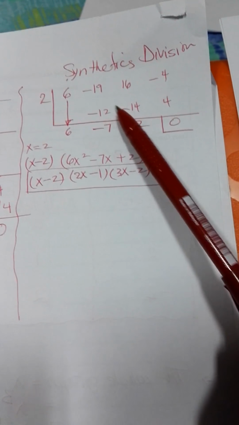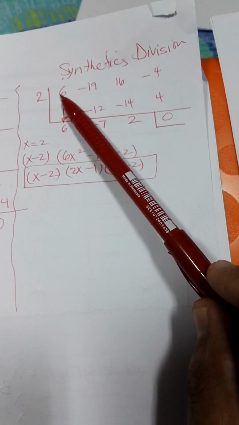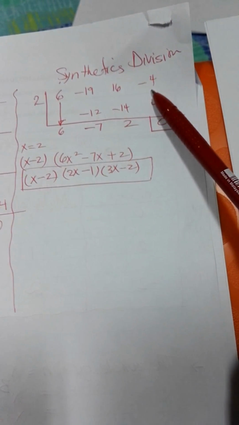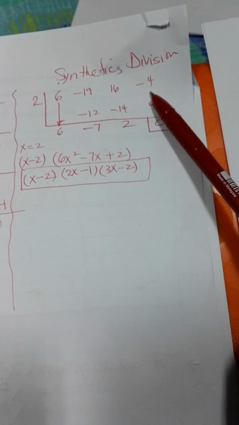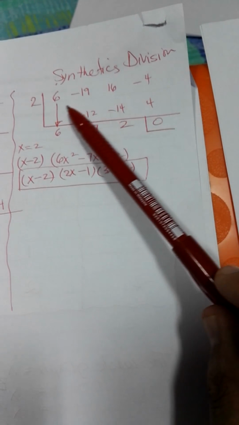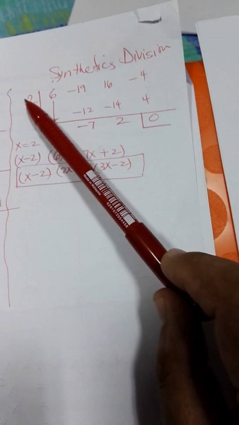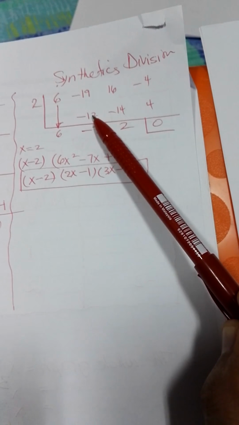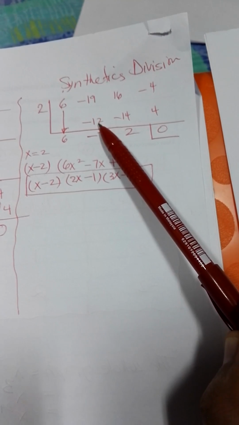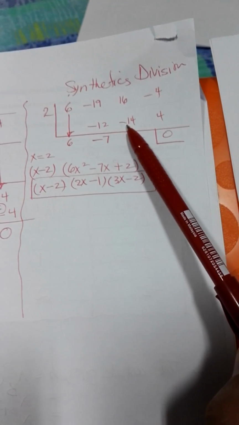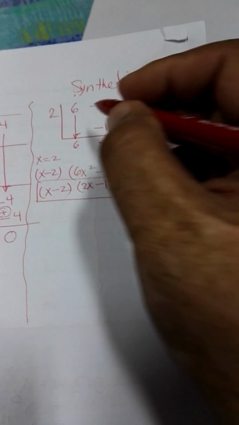For synthetic division, as you remember, we use the coefficients. You have to put them in order according to the exponent or the power, and then you bring down the 6, and then you multiply 2 times 6, you get 12, and then you add. This is supposed to be plus 12,